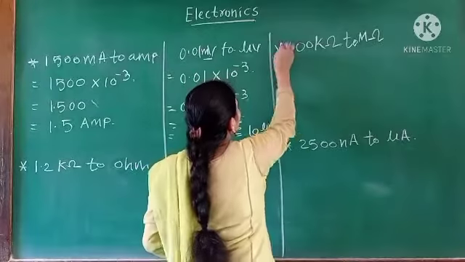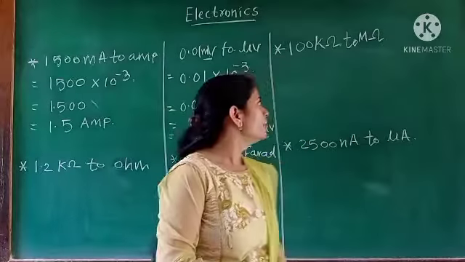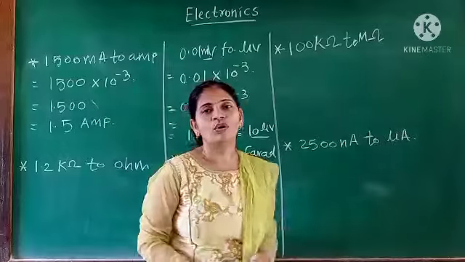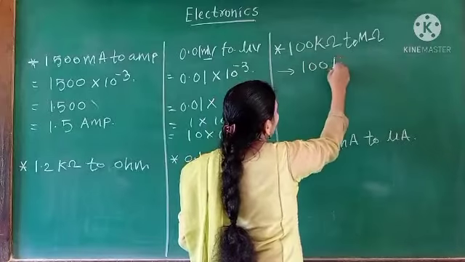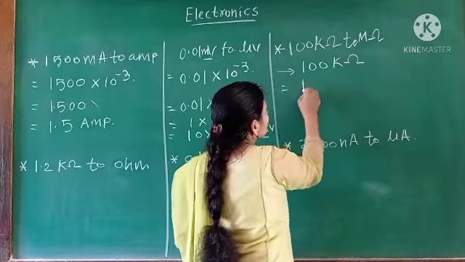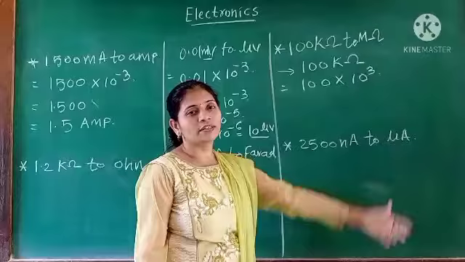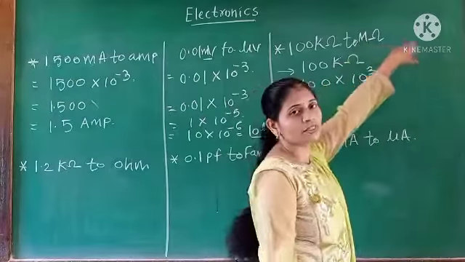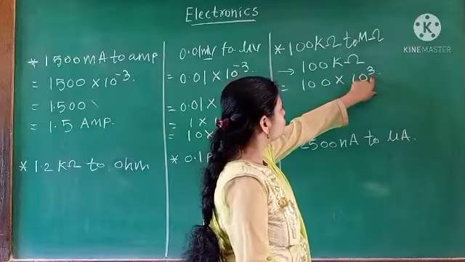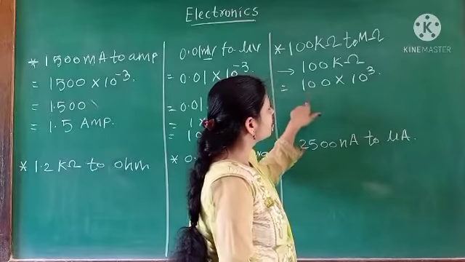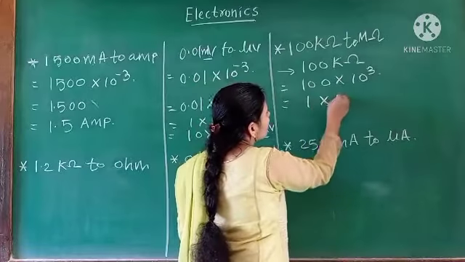This is the 100 kilo ohms. Ohm is the unit of resistance. Now we have to convert this 100 kilo ohms into mega ohms. Okay, so here we got 100 kilo ohms. Kilo means what? Kilo means 10 raised to power 3. Okay, so this is 100 into 10 raised to power 3. But now we want mega ohms, and mega means what? Mega means 10 raised to power 6. So see, this is 10 raised to 3 and 1 2. So you can call it as 10 raised to 2. So here finally we got 10 raised to 5. So we can write it as 1 into 10 raised to 5.